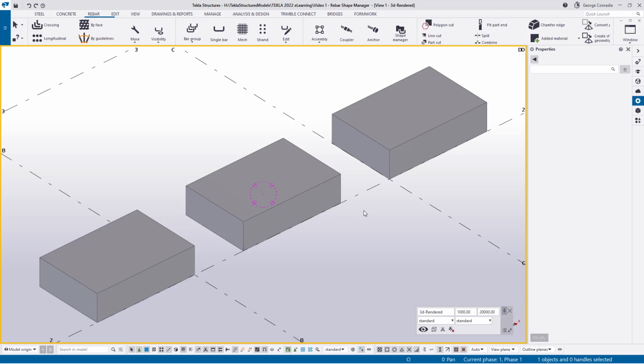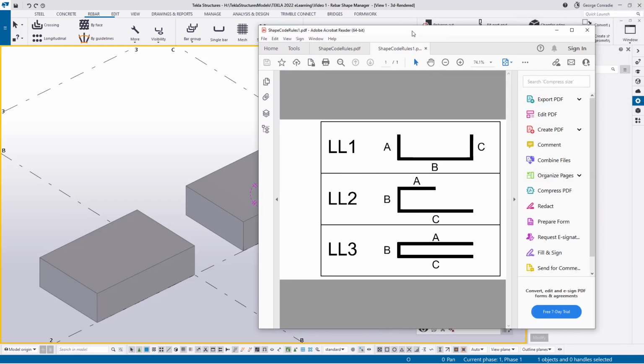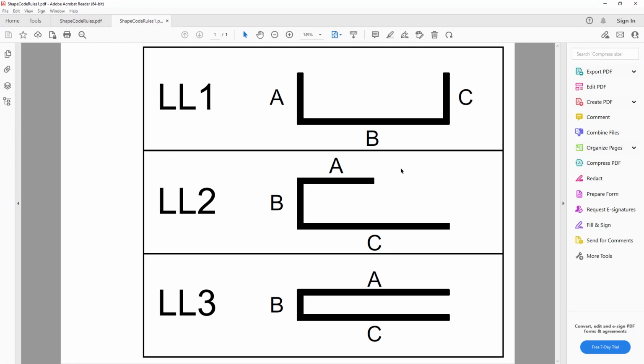Okay, in this video we're going to define a basic rebar shape, and to illustrate, I'll just drag my little PDF sketch across. So the idea is to create a double L bar but in three different arrangements. Basically this is the same shape. It's got three legs defined by three dimensions, but it's different in the sense that here we've got